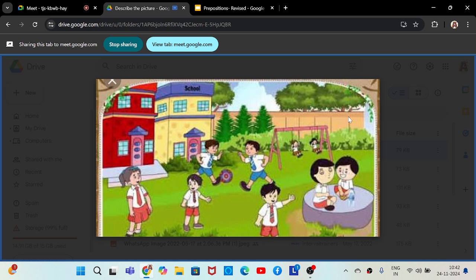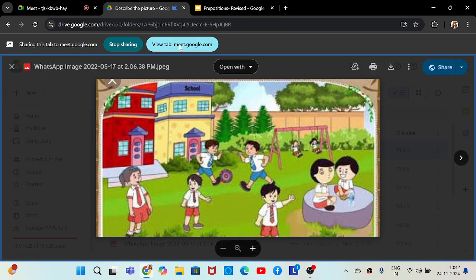Okay, so please note, there is no word "children's." Singular is child and plural is children. So you have to say there are 9 children playing in the ground. It's not a park, it's actually a ground. The place in front of the school is called a ground. Okay, yes, ma'am. Now, Pratika, you can go ahead. Yes, ma'am.